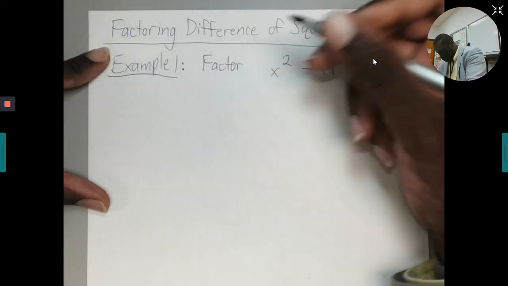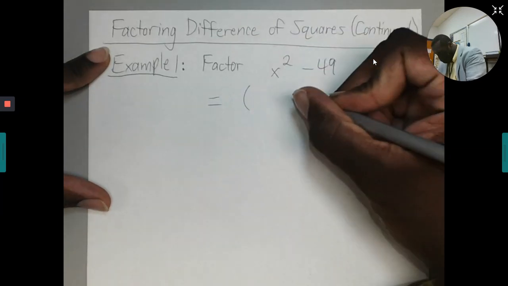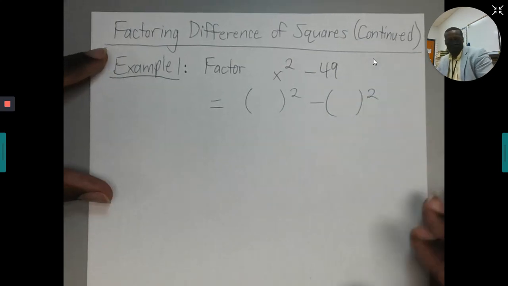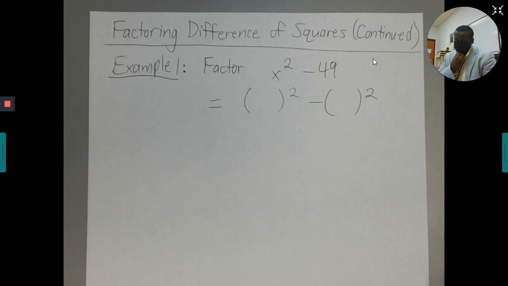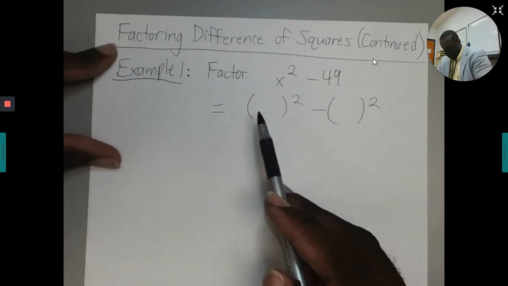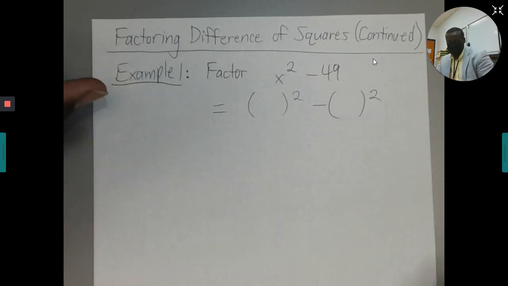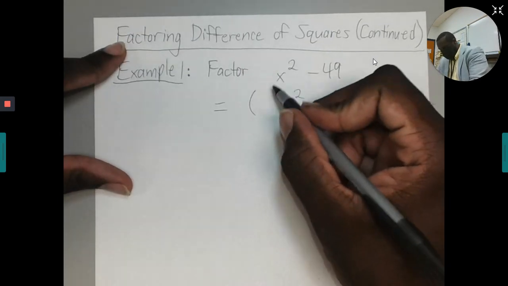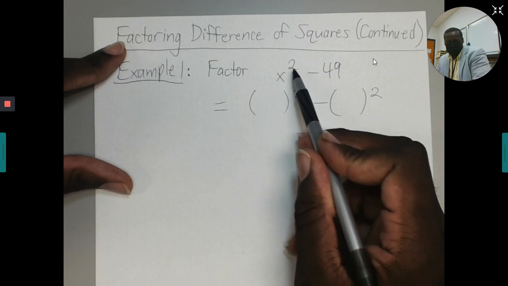We said that if you can write it in the form where you have something squared minus something squared, then it is indeed a difference of squares. So the first thing you want to do is see if you can write it in that form. For the part with the variable, just divide